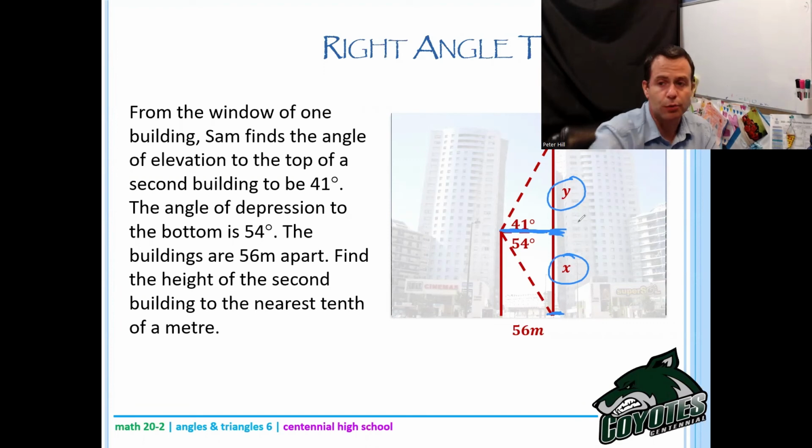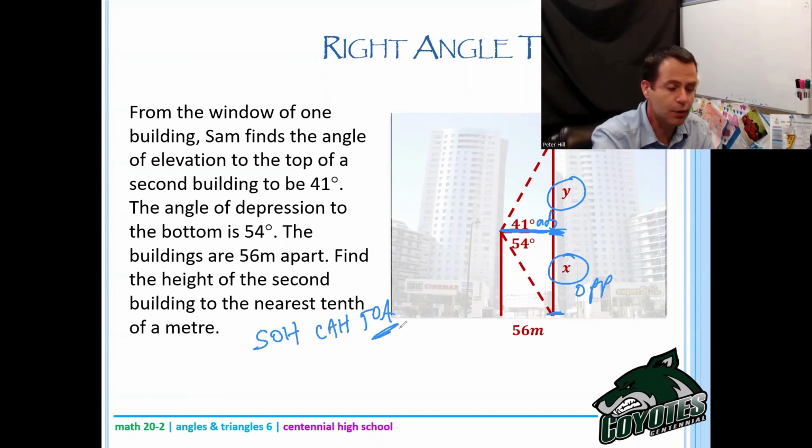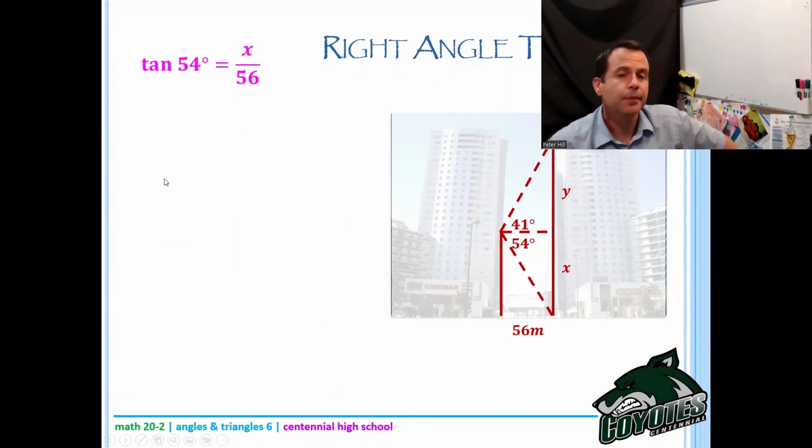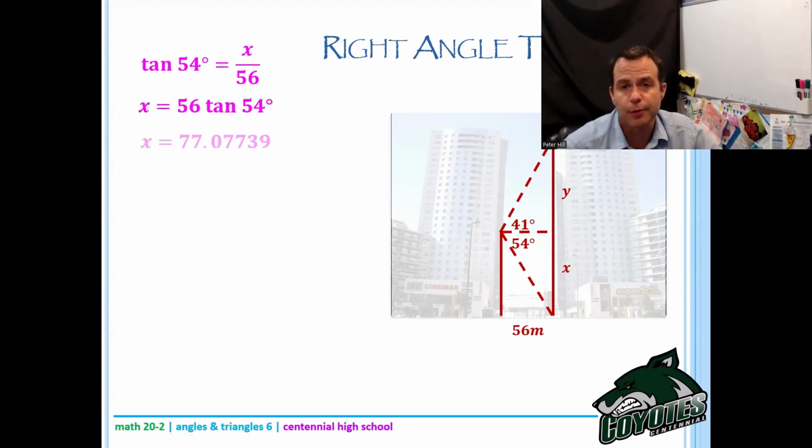Okay, so let's start with x. If I'm looking at that 54 degrees, this would be opposite, and my 56 would be adjacent. So who uses opposite and adjacent? I'll go SOHCAHTOA to try and figure that out. Oh, tan uses opposite and adjacent. Okay, so tan of 54 degrees is x over 56, opposite over adjacent. And then if I'm solving for x, I'd multiply both sides by 56. So x equals 56 times the tan of 54. And that works out to be